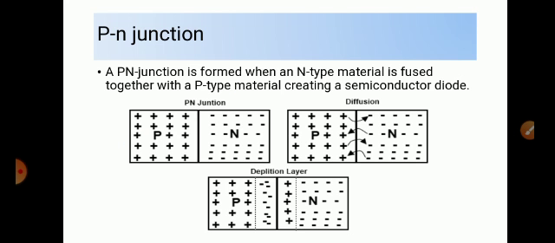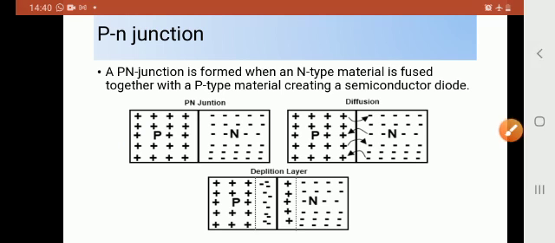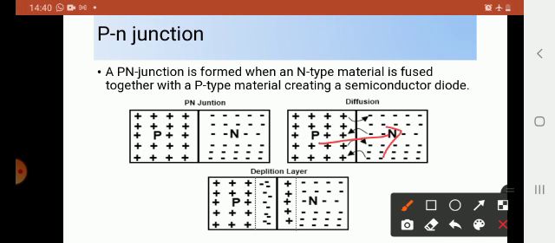A PN junction is actually the combination of p-type substances and n-type substances. When we join them, what happens? From P, where there is an excess of holes, which we learned about in the last video, we call it acceptor impurities. Fine. So some of the holes are going to move toward N, which is highly charged with electrons. We call N donor impurities because there is an excess of electrons and it shares electrons.